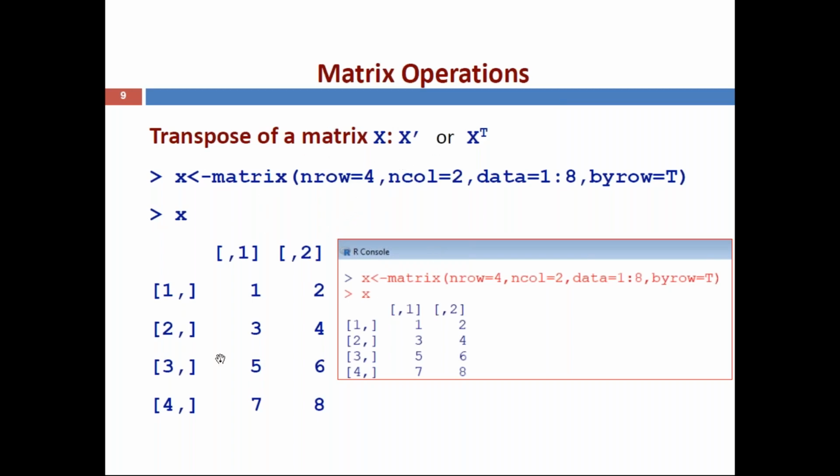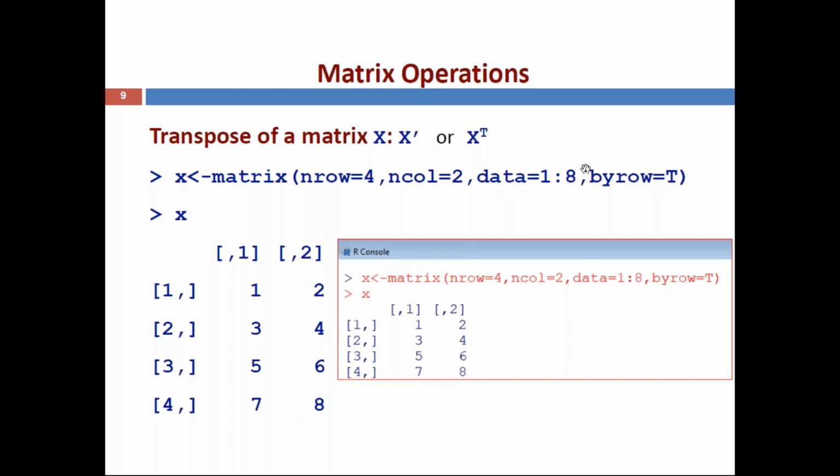Before that, again, we can create the matrix. Here we use the same matrix X equal to matrix of nrow equal to 4, ncol equal to 2, data equal to 1:8. See here, this is another way of representing continuous data by using the colon operator: starting value colon ending value. If the matrix does not contain continuous values, and random values are there, at that time you compulsorily have to use data equal to c of the numbers separated by commas.